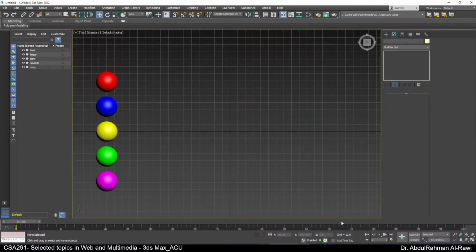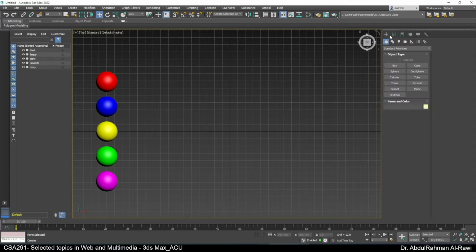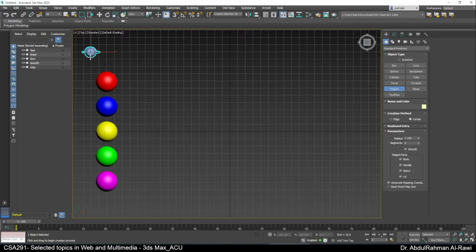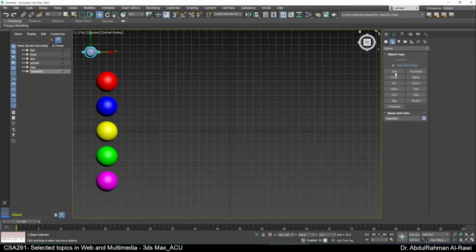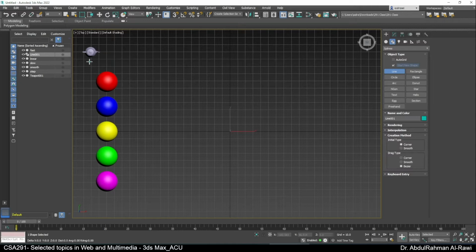So what I'm going to do is I will create another object. Let me create a teapot here. Okay, again, I'm just using a teapot because we can rotate it along the path easily. And now I will create a spline curve. Okay, I'm gonna click here, click and drag, click and drag, click and drag, click and drag,